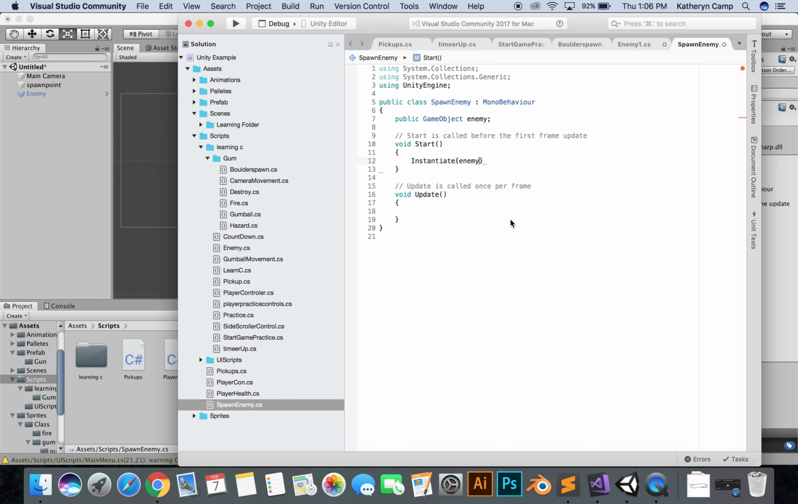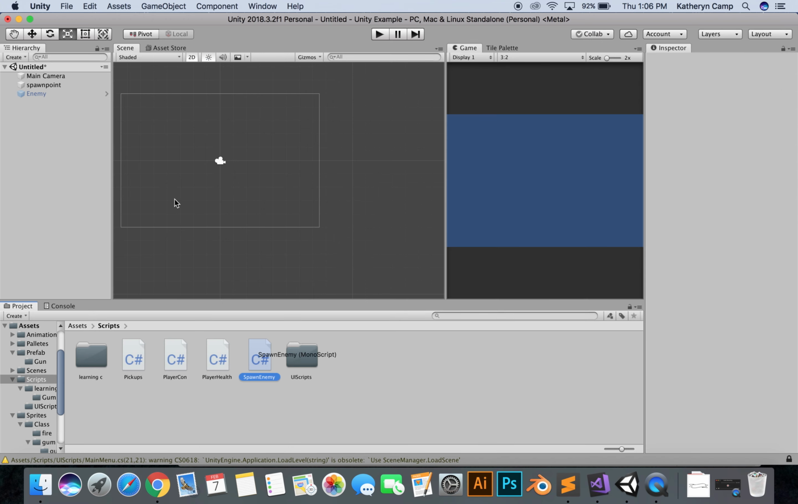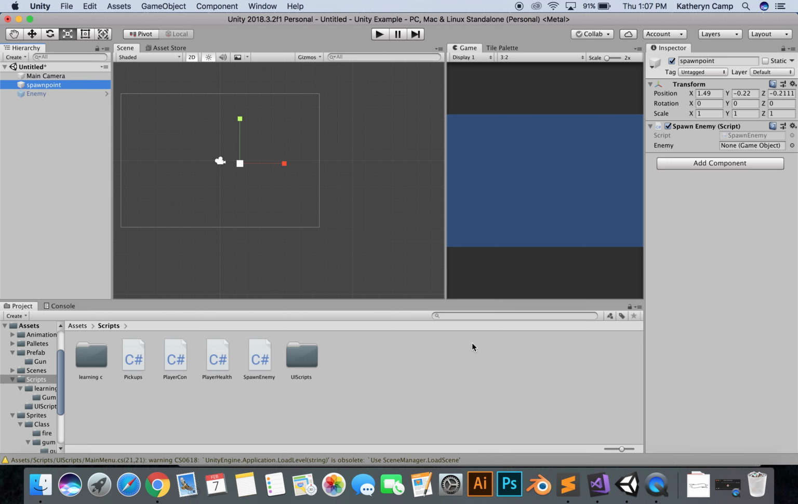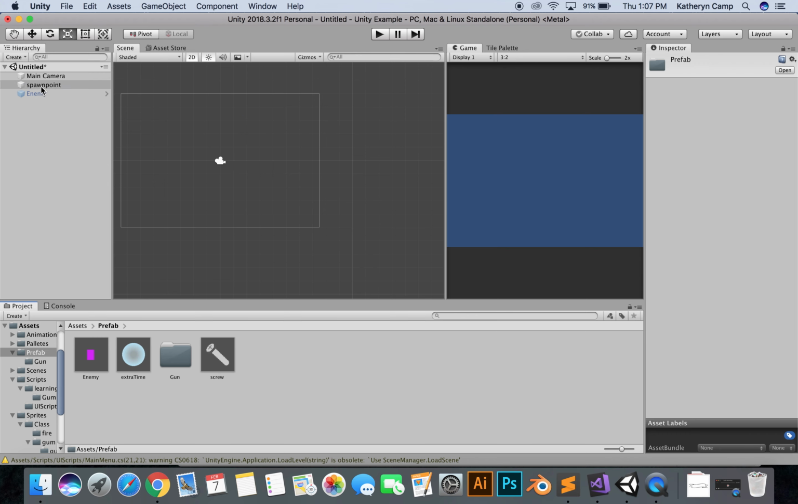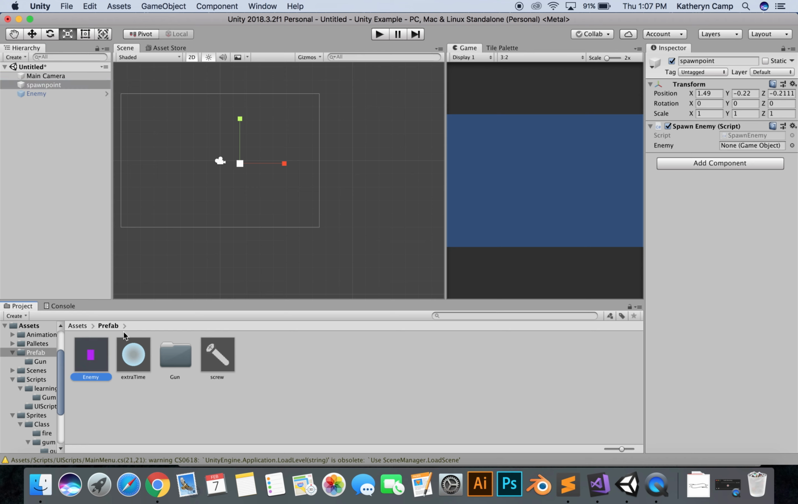And I can press Command S. Then I can take this, apply it to my spawn point. Give it a second. Okay, so now it's on here. And I'm not going to grab the enemy sitting here instead for my spawn point. I'm going to come into my prefabs, and I'm going to grab my enemy sitting in my prefab so it knows to grab this enemy every single time. Cool? So now when I press play,